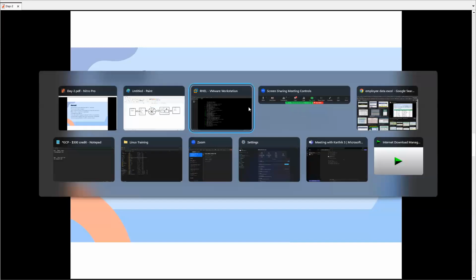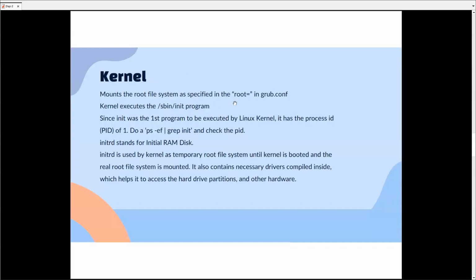Once we have booted, I'll show you this init process. And this is what we saw, right? root equal to some random combination of numbers and letters. That is called the UUID, the universally unique identifier, which is the actual disk. We'll see that as well.